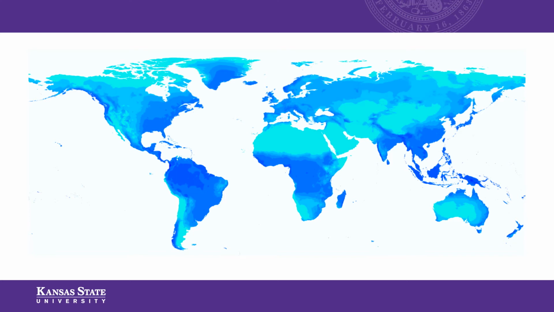Although there is a lot of fresh water in this region of the world, the reason why it's light blue is because that water is frozen. It's snow, it's glaciers, it's ice caps. It's not available for human use. The other thing I want to point out is that high population regions of the world are not necessarily also regions that have high precipitation. So we often will settle in places where a lot of people live, and there isn't a lot of freshwater resources in that region.